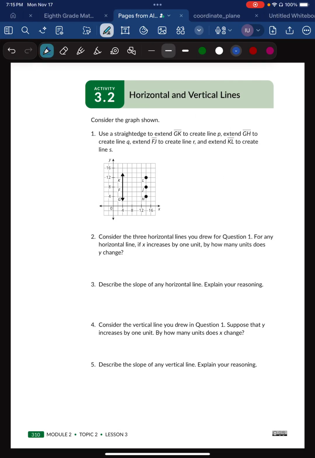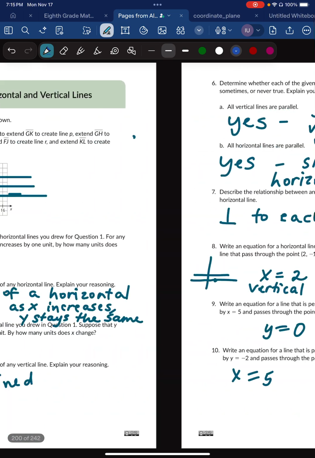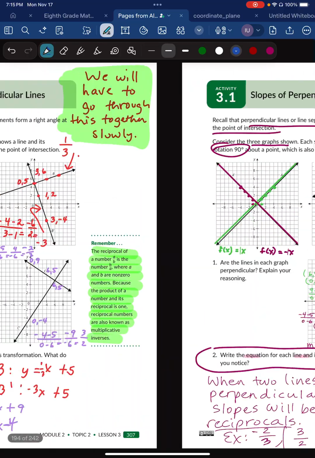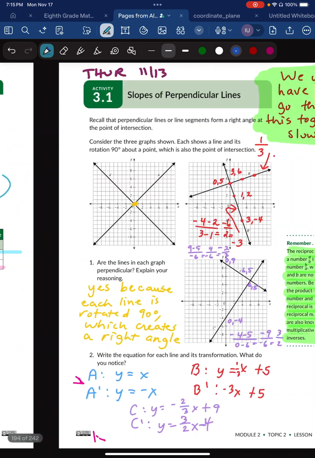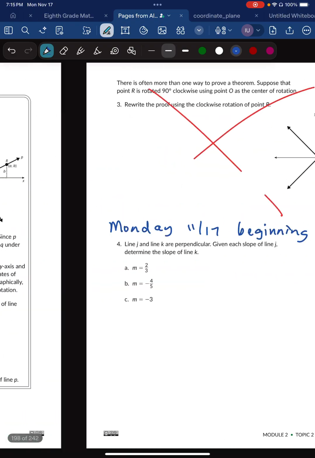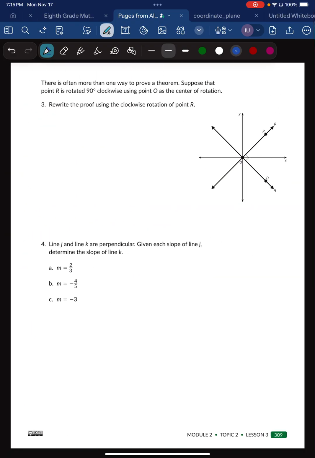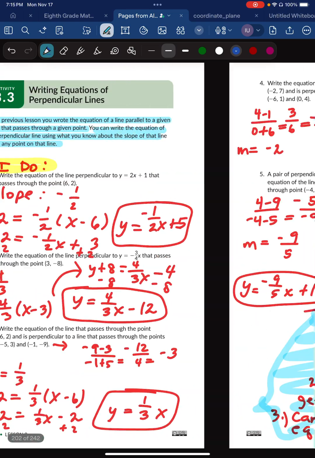Okay, this is an algebra lesson that we can find on page 310. In this lesson, we are learning about perpendicular lines and the slopes of perpendicular lines. So, determining slopes of perpendicular lines is the name of it. And when we were last together learning, which has been a few days, I want to refresh your memory,